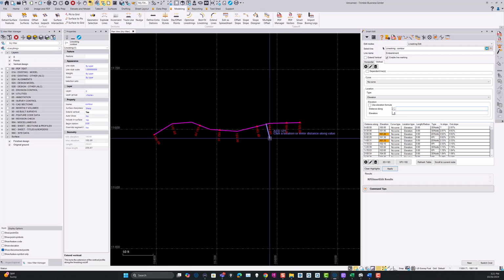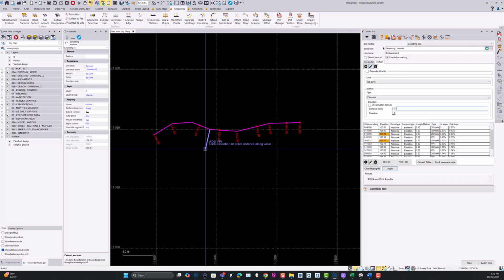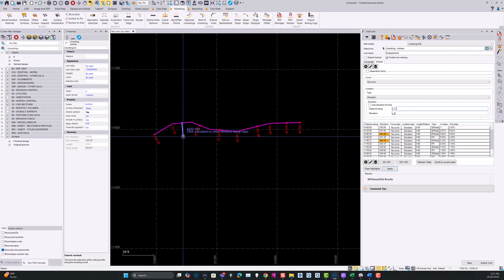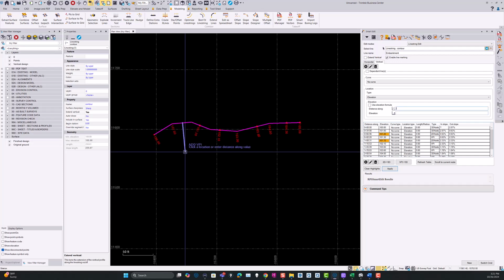It's very straightforward. If we go to the edit mode, if you're in this mode, by the way, and you want to, let's say you click to add a VPI, but you go, hang on a second, now it's asking me for the elevation. I didn't really mean to put one there. Then the escape key is your toggle between entering the elevation and selecting the location. So as soon as you hit the escape key, you're back in to select the location,